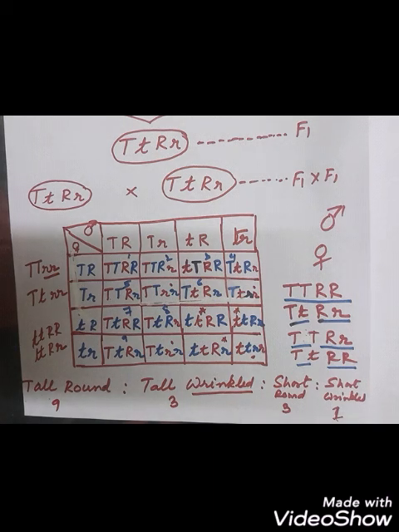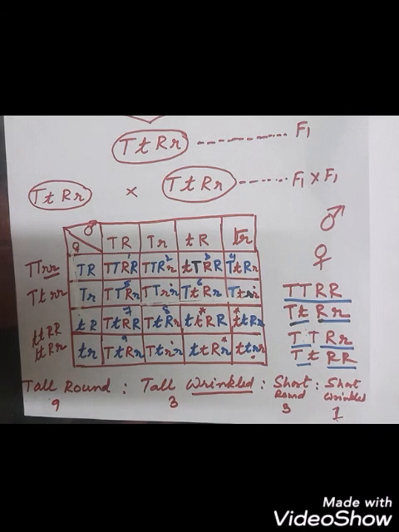So this is fixed for Mendel's experiments, and here we can see that the inheritance of one pair of alleles does not interfere in the inheritance of the other pair of alleles. So Mendel proposed the third law, that is the law of independent assortment. Now, after completing all these crosses, monohybrid and dihybrid, Mendel proposed 3 rules: number 1 is law of dominance, the second is law of segregation, and the third is law of independent assortment. So now we will discuss this.